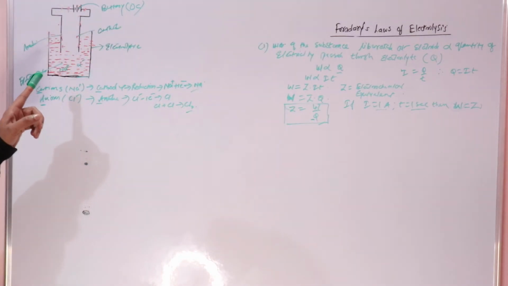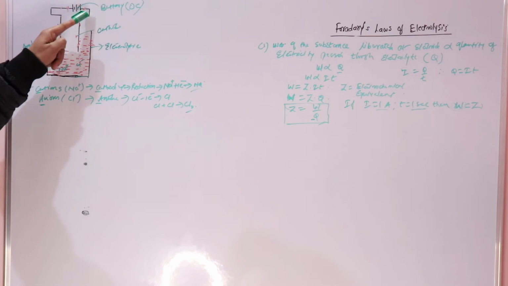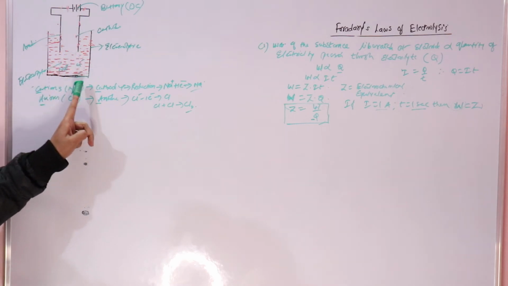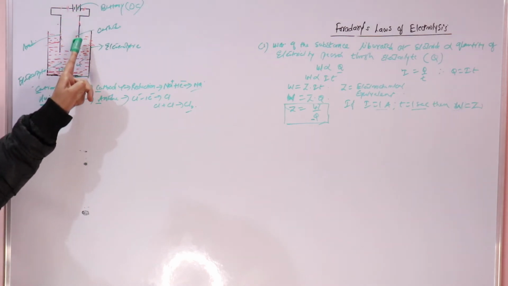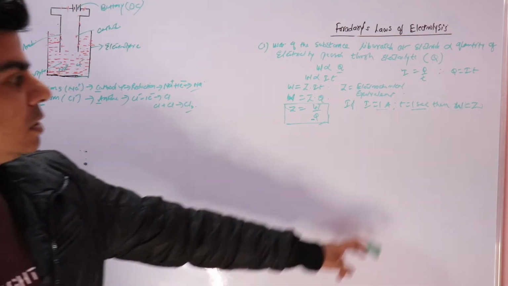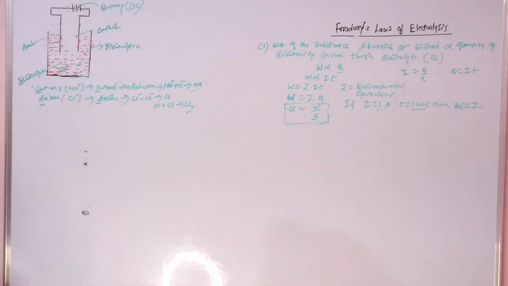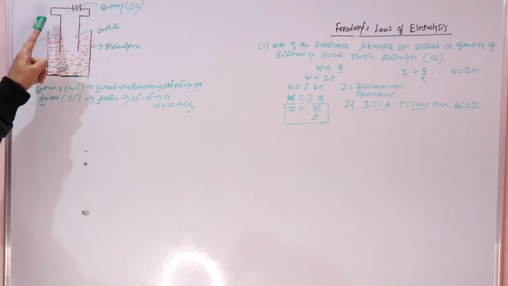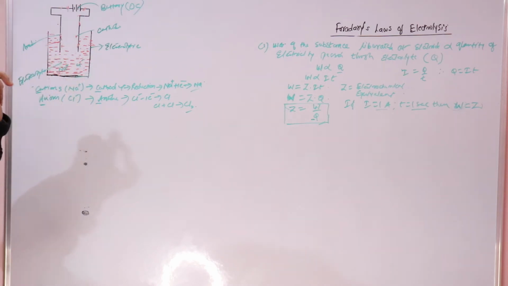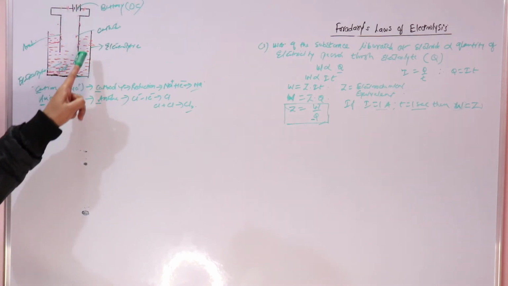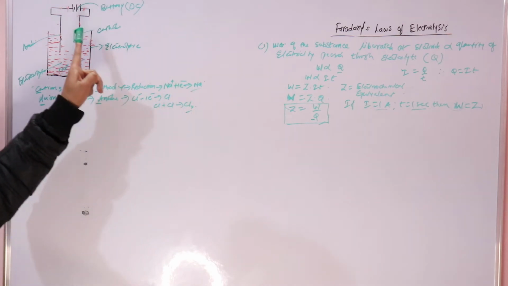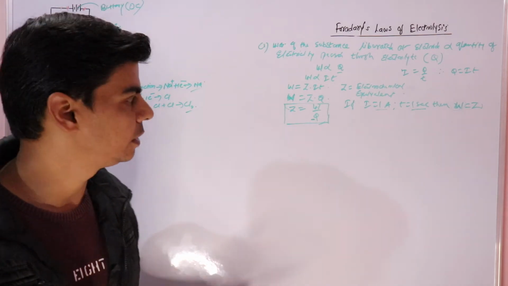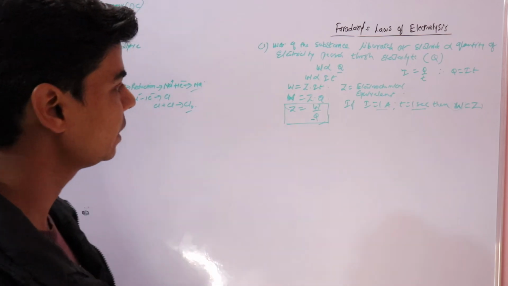If you take this example, just to understand, if I pass 1 ampere current through this battery for 1 second, then the amount that I obtain, for example, the amount of sodium that I get at cathode, would be its electrochemical equivalent. I repeat, if I pass 1 ampere current into this electrolyte for 1 second, then the amount of sodium as per this reaction that I get, or chlorine that I get at anode, is its electrochemical equivalent. So this is electrochemical equivalent.